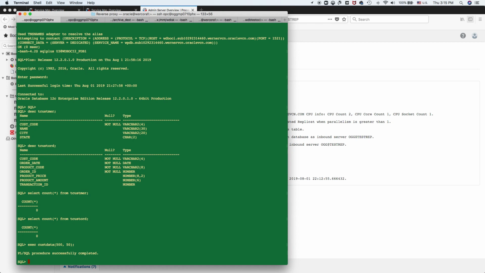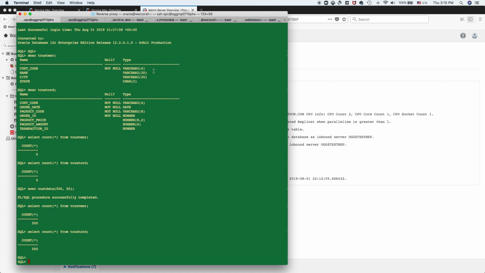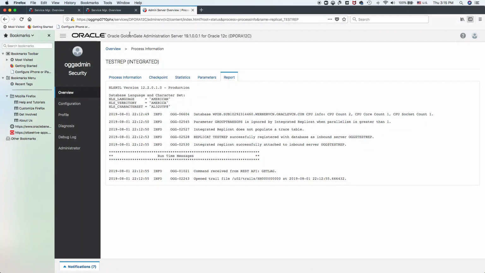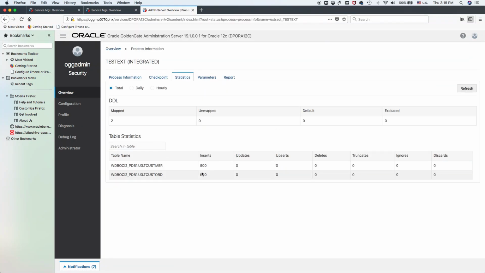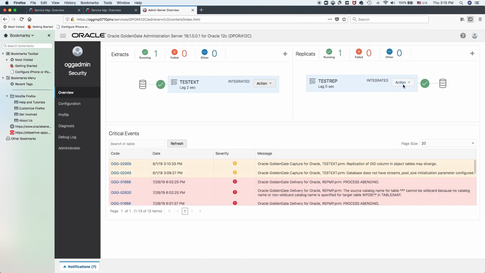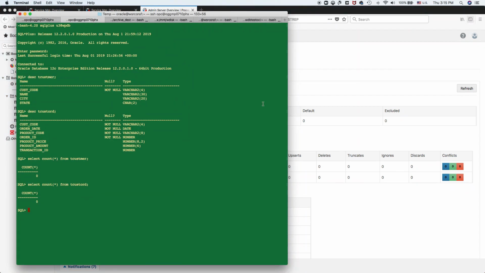And then let's check on the source. Okay, 500 in there, 500 here. Okay, and then let's go to this particular monitor window. If we go to see the detail of the extract, the statistics, see 500 already get captured, sent to the trail file. And then the same thing if we go to the replicate, go to the details, to the statistics, 500 get applied, right? And then if you come into the target, you do a select